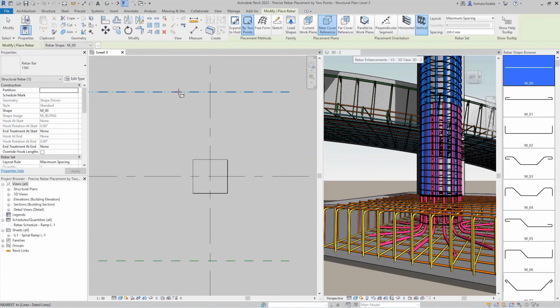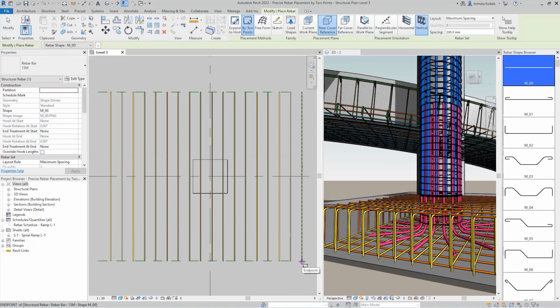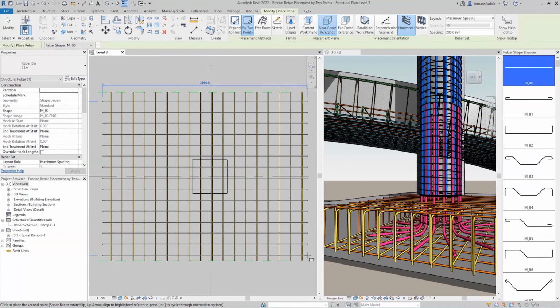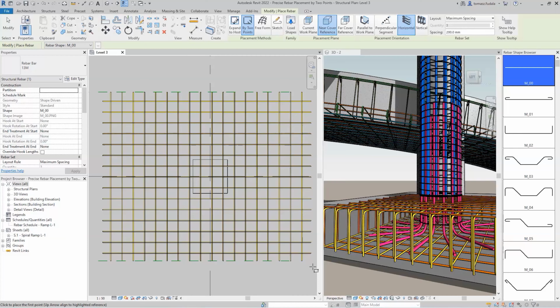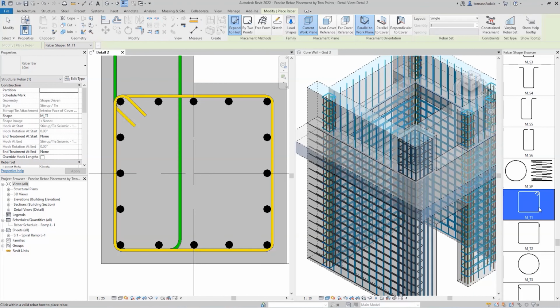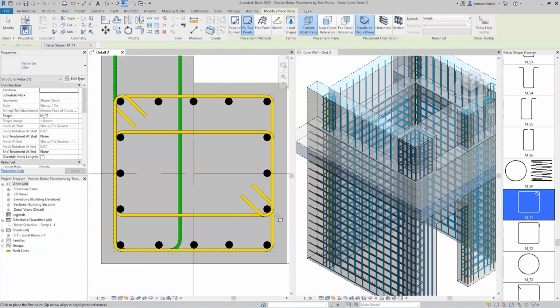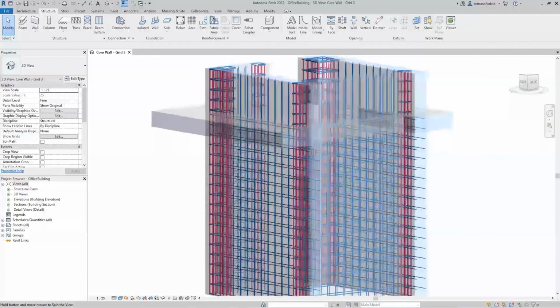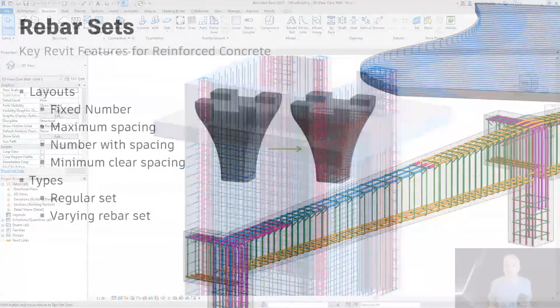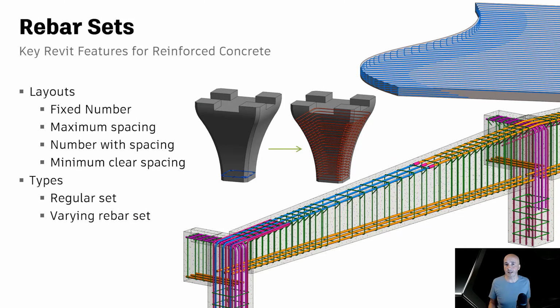In Revit 2022, we introduced a new method for placing rebars. Revit users are now able to place rebars of exact dimensions aligned to any reference in the project with just 2 clicks. This reduces the number of steps needed to create the bars with the desired geometry and in the exact place. This feature is huge for rebar modeling, and it is a real game changer for rebar detailers who work in Revit. There are many methods for adding rebars into concrete elements, and the choice of method depends on individual user preferences or design context.